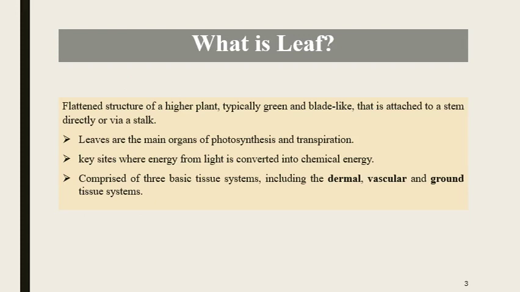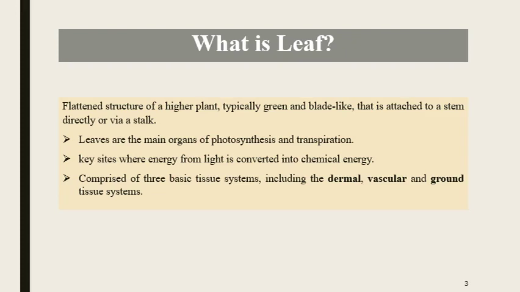What is leaf? As we all know that leaf is the flattened structure of higher plants, typically green and blade-like, that is attached to the stem directly or indirectly via stalk. So, leaves are the primary photosynthetic organs of the plant and serving as key sites where energy from light is